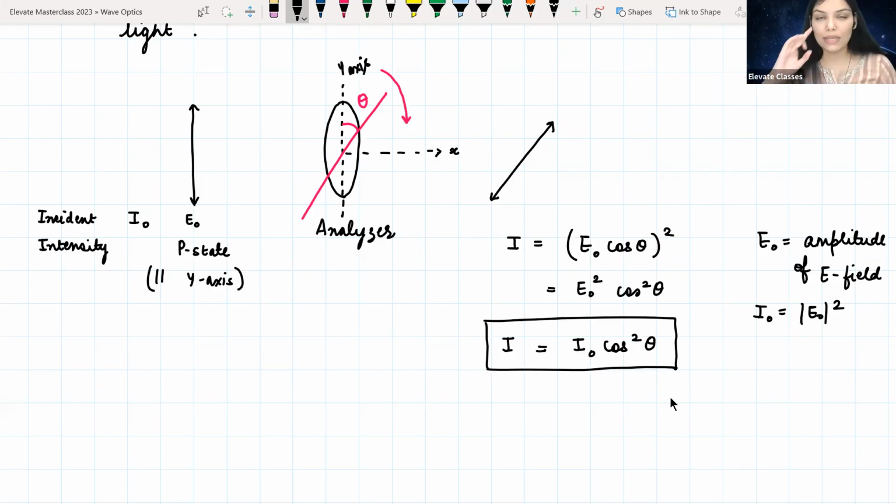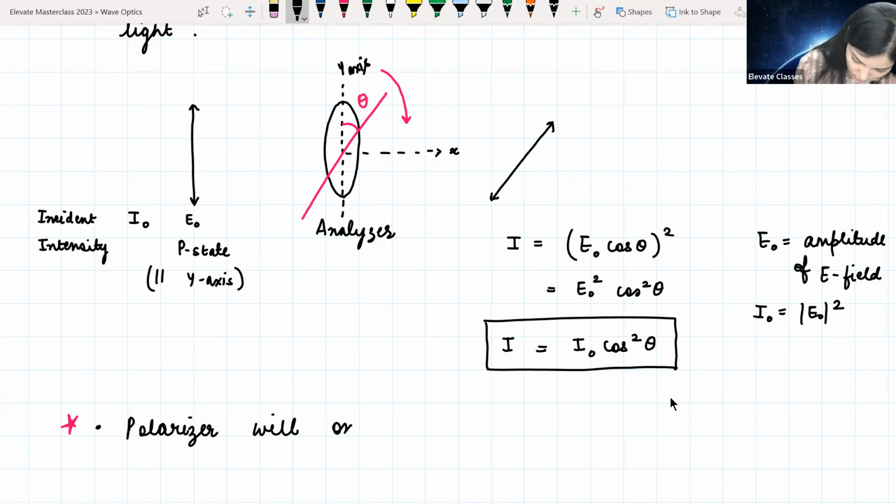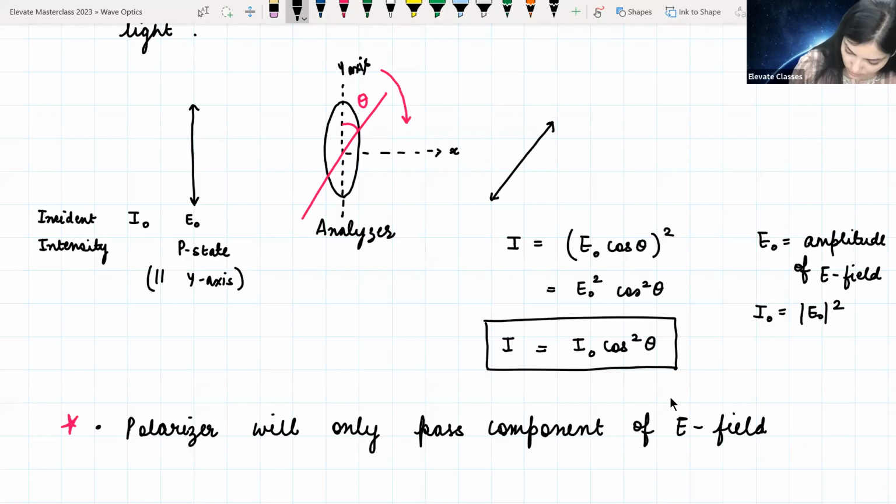It's nothing, we just have to remember that, maybe we can also put a star here, that a polarizer will only pass the component of E field which is parallel